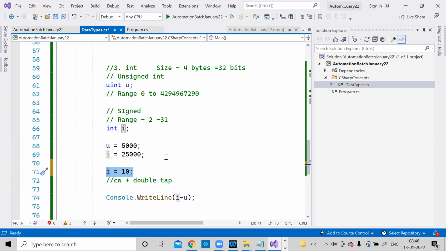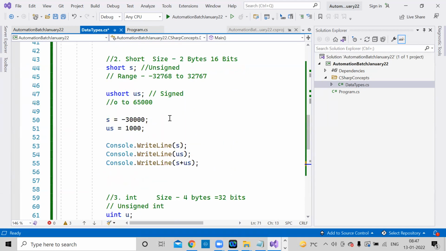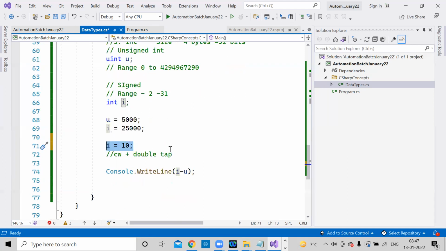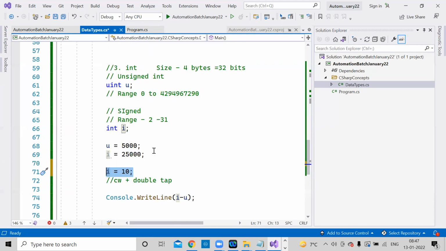Yeah, but you can see that 10 is a very small value in comparison to others. But on the same value I can assign inside the short as well, right? You can assign it, but it's not a good practice. If you have a large number of data, then you should go with integer. If you have small values like 10, 20, 50, then use short, because short is going to occupy less